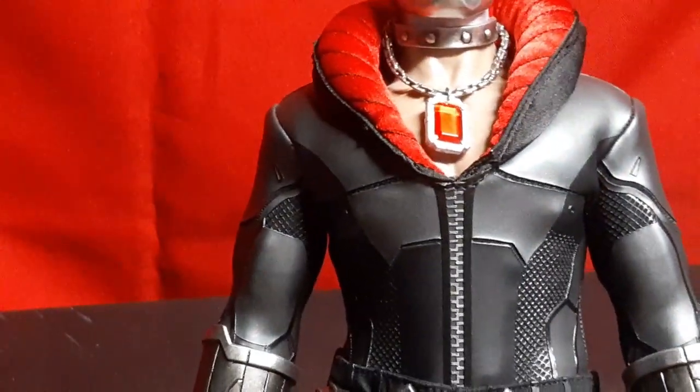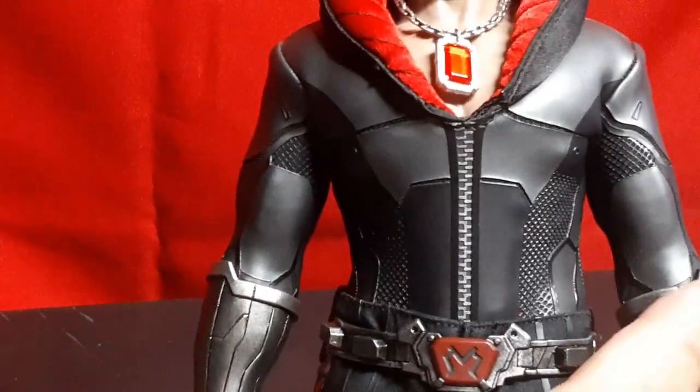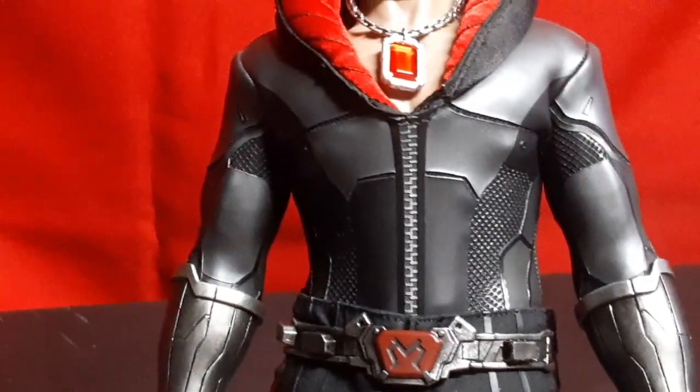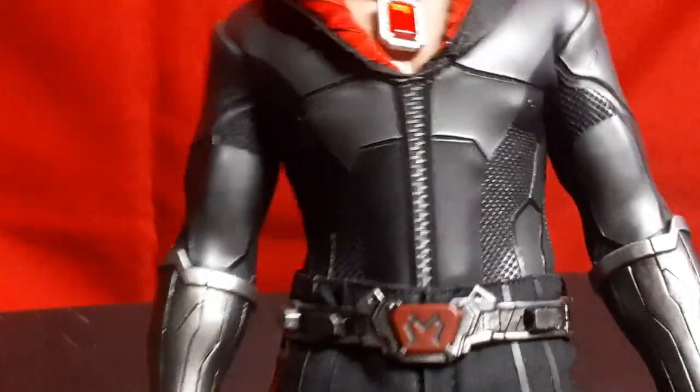One of the things that I always look into with the figure is how much it will allow the figure's hands to rest on the side. So that's pretty good too. The belt is kind of weird,